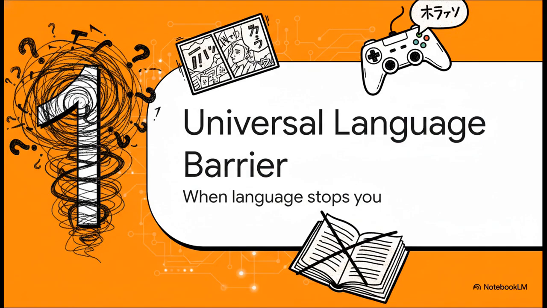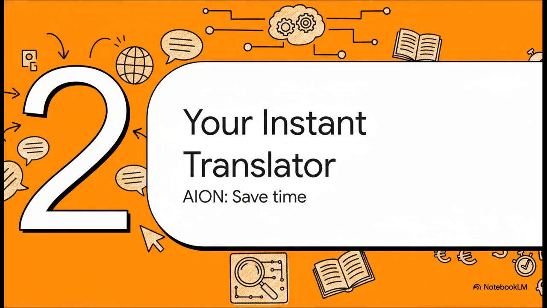It could be some key dialogue in an imported game, the text inside a manga panel, or even a critical paragraph in a research paper. That language barrier can just stop you dead in your tracks. But what if you could just point your mouse at it and get an instant translation? Well, that is the promise of AION, an on-screen tool that also goes by the name Tap. It's really built for those of us who want to dive into all sorts of global content without spending years